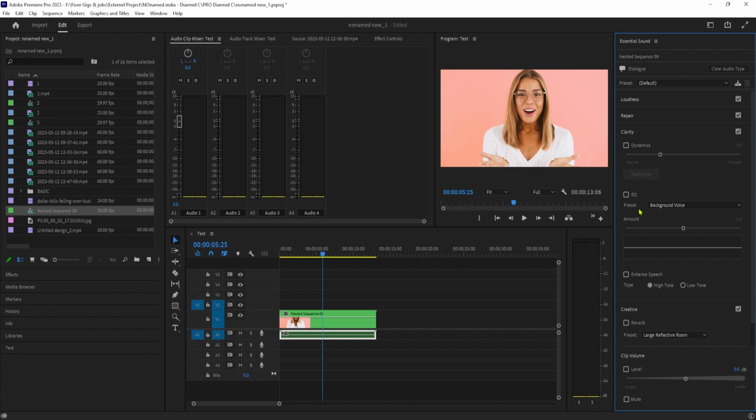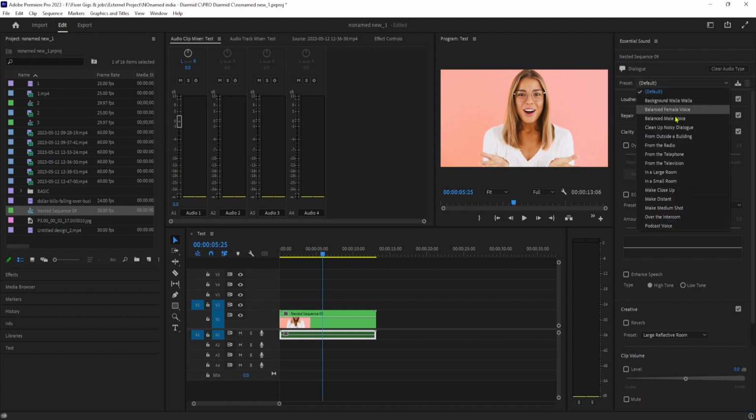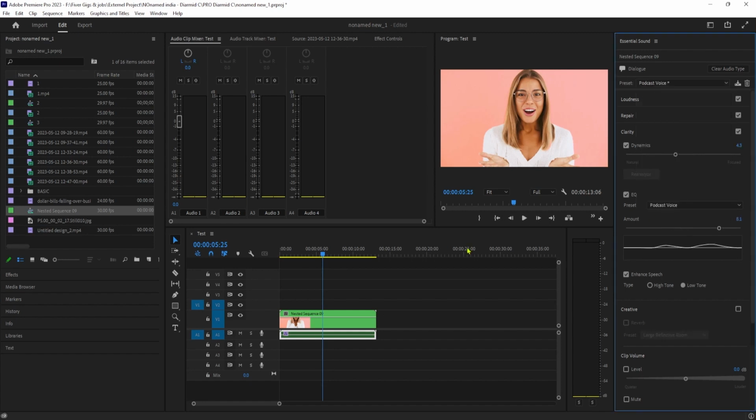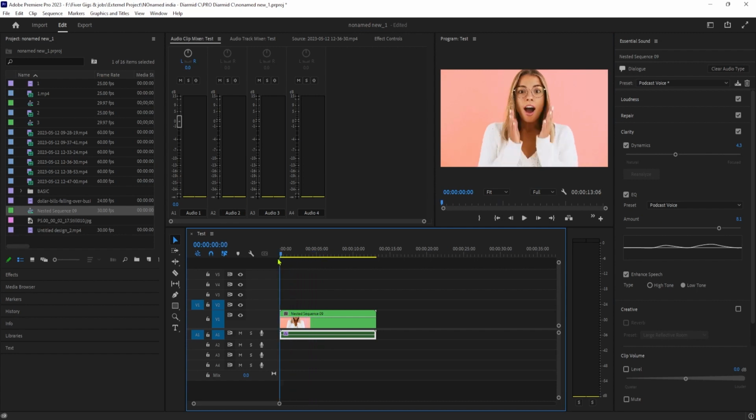The first thing you might want to try out is one of the presets. To save yourself a lot of time, I usually choose either the balanced male or the podcast voice. This sounds pretty good, but let's set the preset back to default and do it on our own, starting with